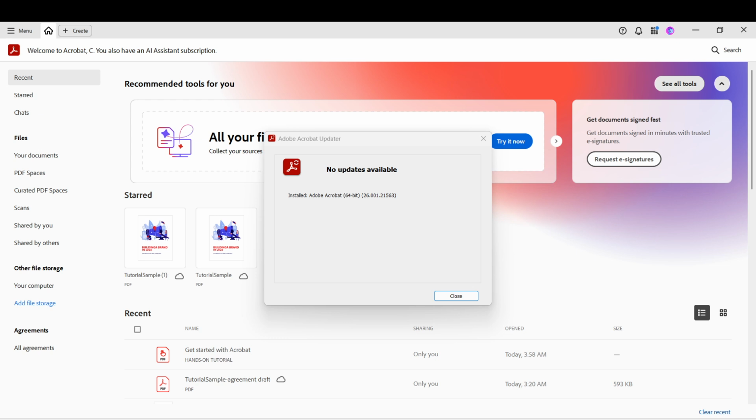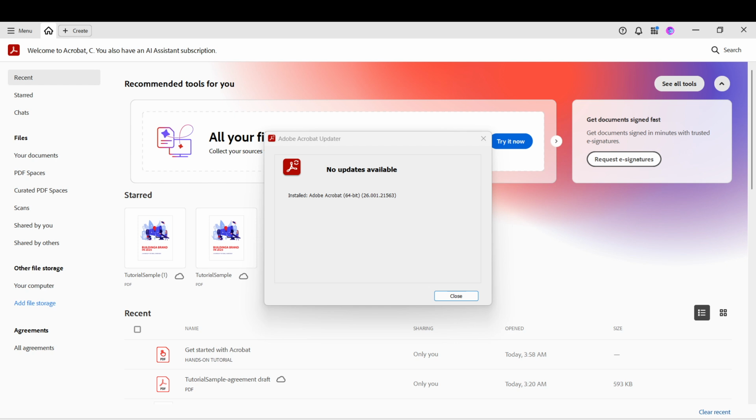If an update is available, you'll see a dialog box with details about what's new or what's being fixed. When you're ready, click Download and Install. The download and installation will run in the background. You can generally continue working, but avoid closing Acrobat while the updater is processing. If you're on a laptop, keep it plugged in so the installation isn't interrupted. You'll see progress indicators as the patch is applied. When the process completes, Acrobat will let you know.